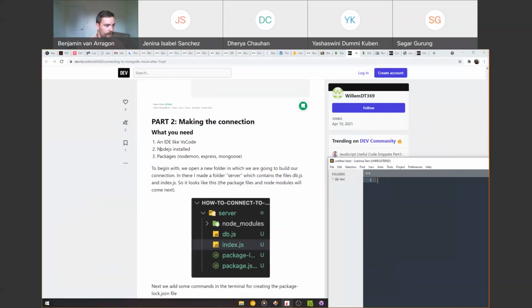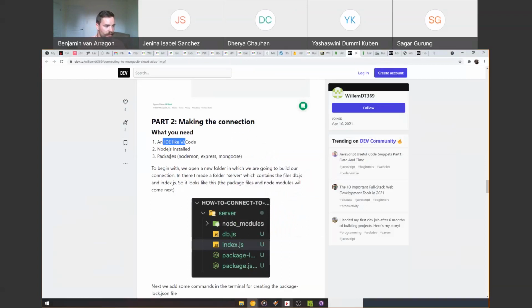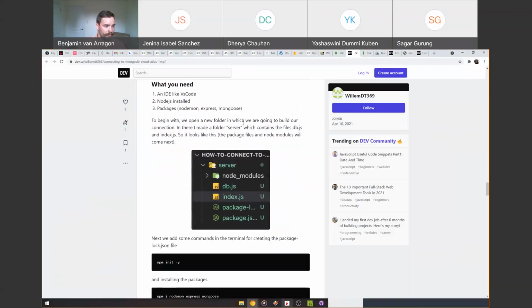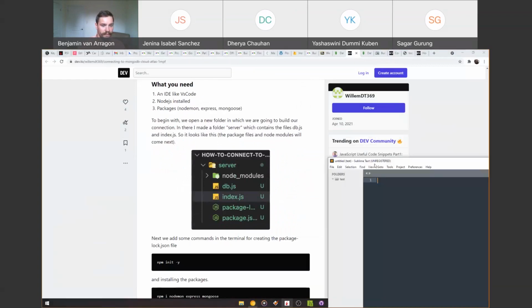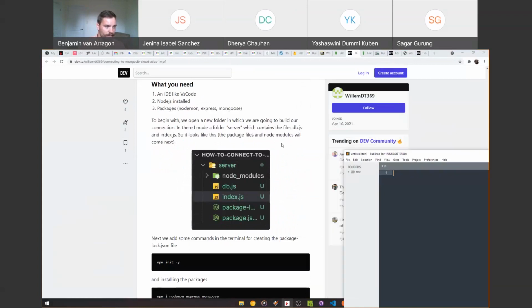Cool. So we have Node.js installed, we have our IDE, and then we need to install these packages. To begin, we're going to open a new folder where we're going to build our connection. And then in this folder, we want to create some files. His folder is called server, our folder is called test, it doesn't matter. The files will be db.js, index.js, and some package files. So how we can do that,